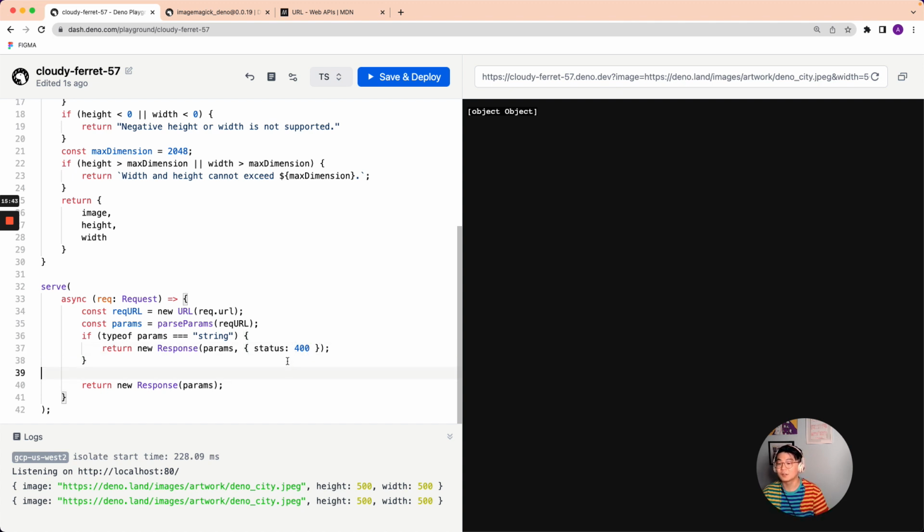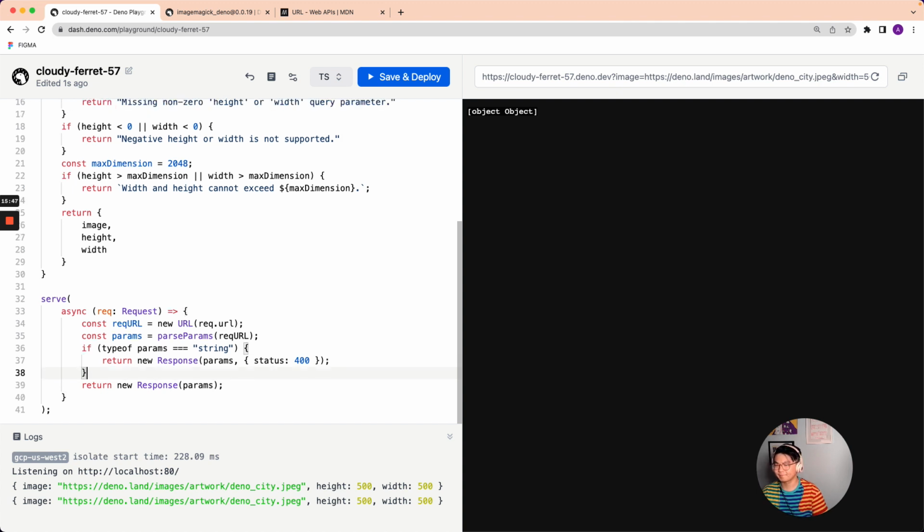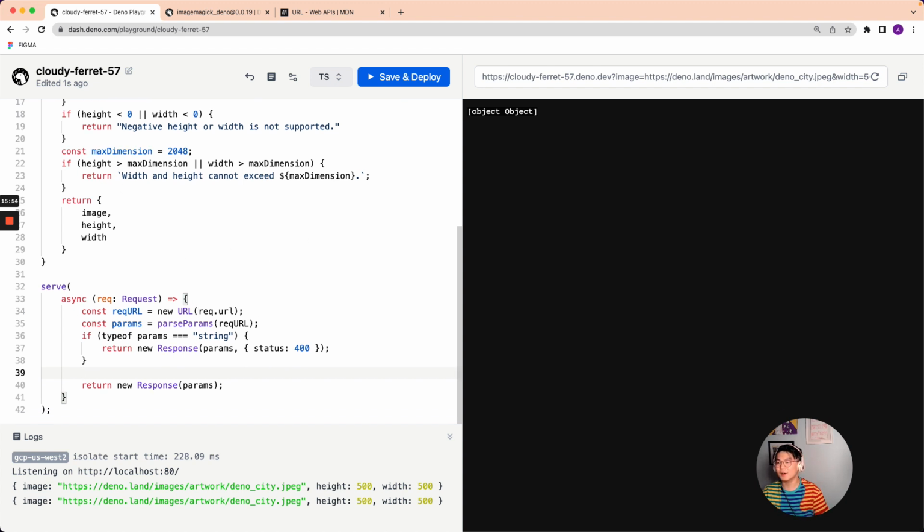Okay, so 400 is good. Return 400. So now we're able to accept the parameters, able to parse them, and now we can move on to